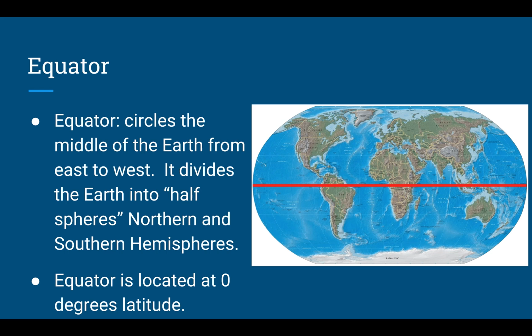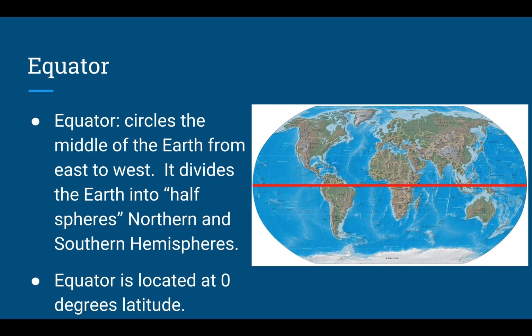So the red line on the map that you see on the screen is the equator. Okay? It is side to side. It goes side to side. That's the direction it goes in. It's a horizontal line. And if I'm referring to a line that is horizontal or going from side to side, I'm asking you what 2 directions it goes in.